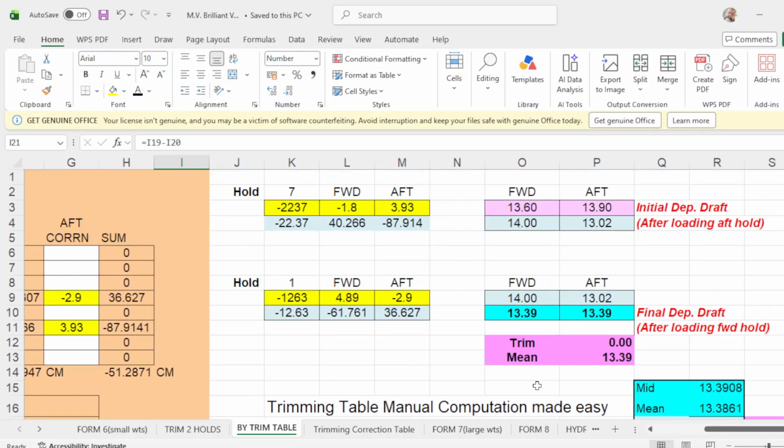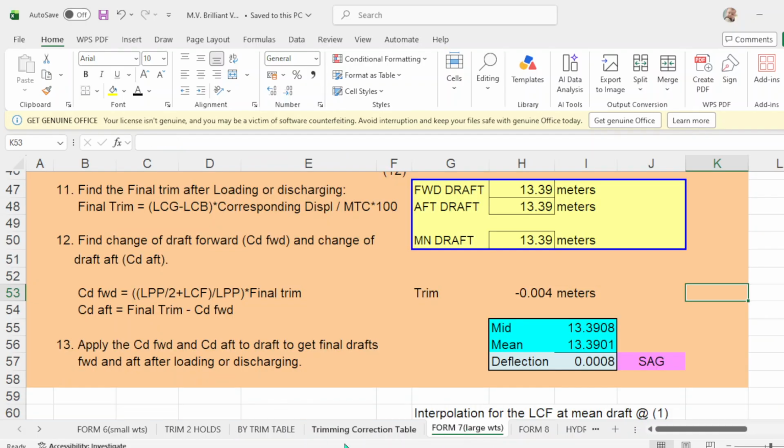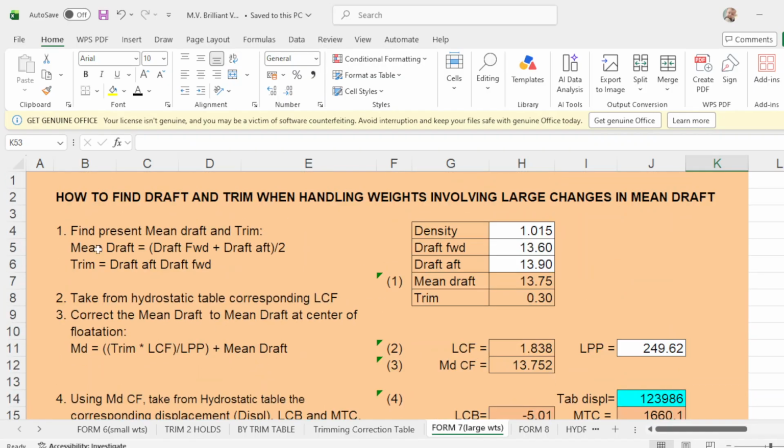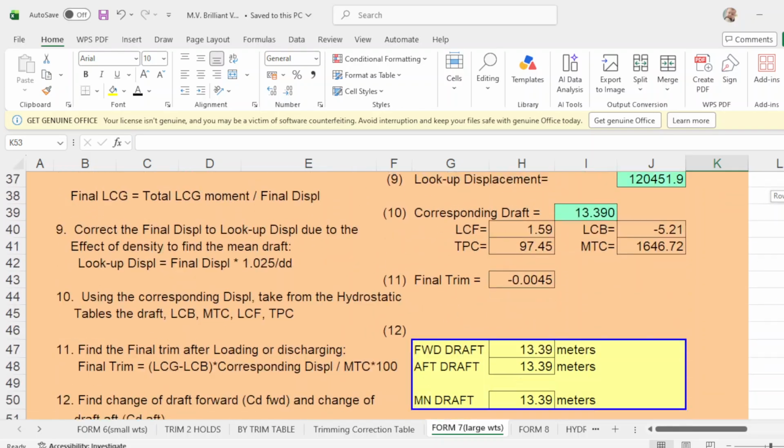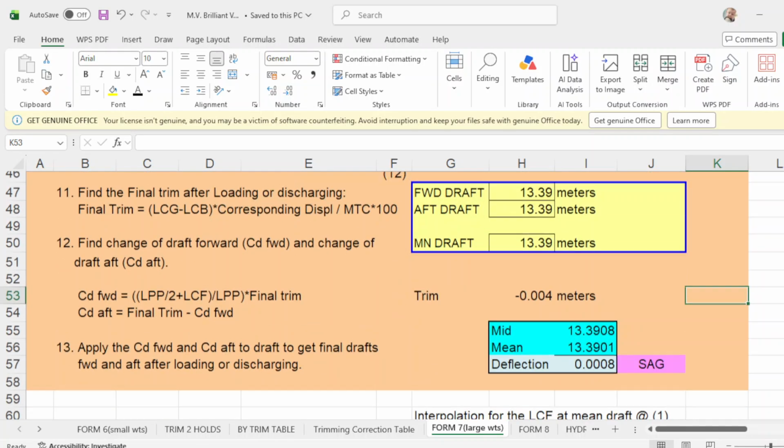Okay, even keel 13.39, and the fourth program is form number 7, on how to find drop and trim when handling weights involving large changes in mean drop. And you have even keel of 13.39.